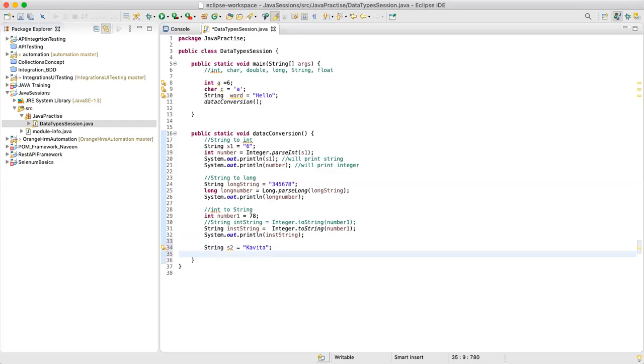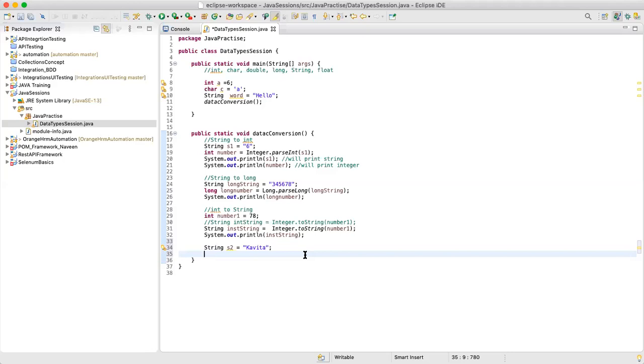Now, if I want to convert this into character, one basic thing we have to learn is, suppose we have two baskets. There is basket one, it can hold only one apple. And let's imagine there is basket two, it can hold 5 apples. Now, if I want to move the apples from basket one to basket two, will there be any issues? There won't be any issues, right? Because in basket one we have one apple, and the capacity of basket two is 5 apples. Currently basket two is empty, so I can move my one apple from basket one to basket two. No issues.